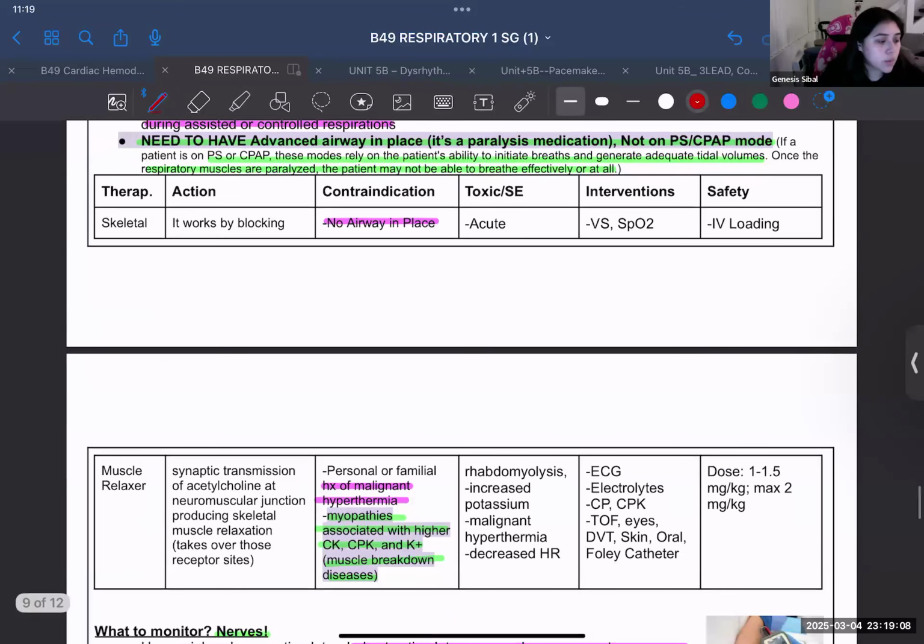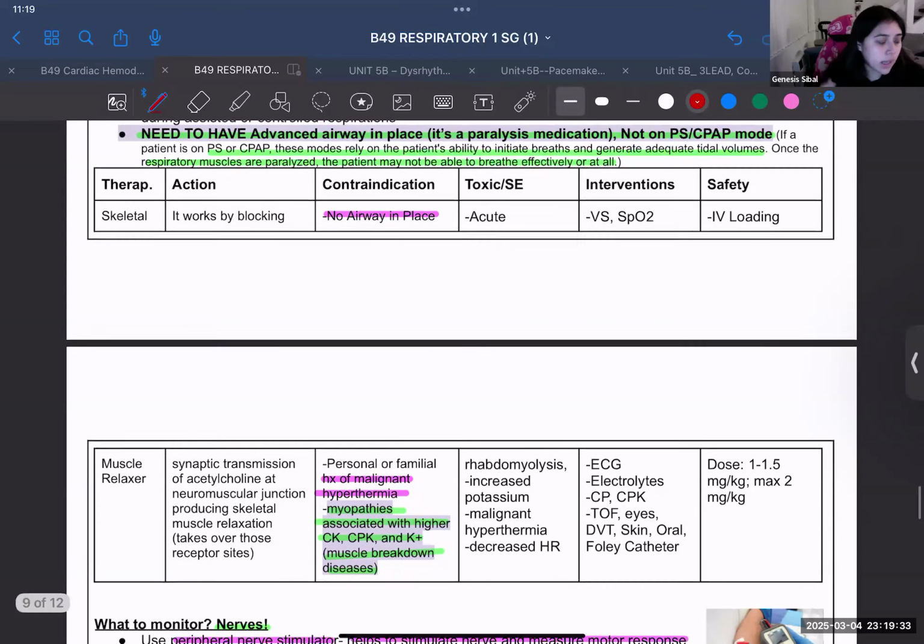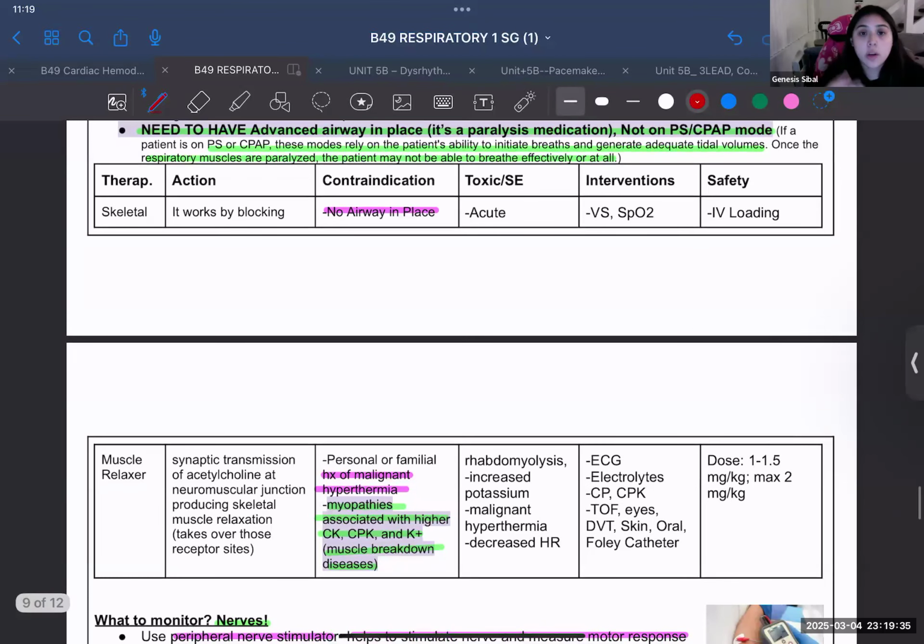So obviously this one's kind of obvious, and this is 100% she will ask you this. And I wouldn't doubt Logan would ask you this either. You need to have an advanced airway in place because literally you're giving a paralysis medication. So the lungs are a muscle, your diaphragm's a muscle, your heart. If you do not have an advanced airway in place and you're giving a paralytic agent, you will be killing the patient, right? So again, you want to make sure that they're on a proper vent setting for that.